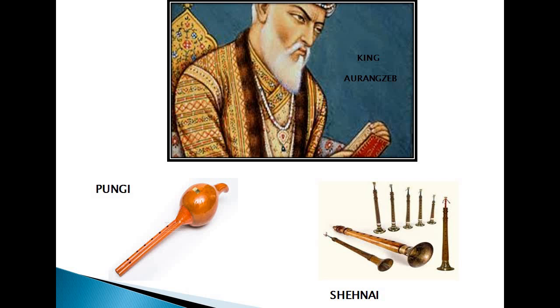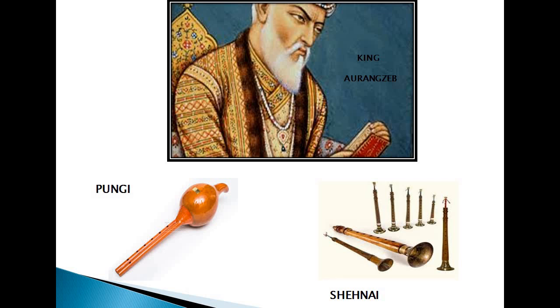And then what should be its name? After a lot of thought, it was decided that as the instrument came out in Shah's court, it will be named Shah, and as it was invented by a barber, who is called a Nai, Shah's court and Nai, the barber, together made up shehnai. So this is how the shehnai name came up, and the pungi was replaced with the shehnai in King Aurangzeb's court.